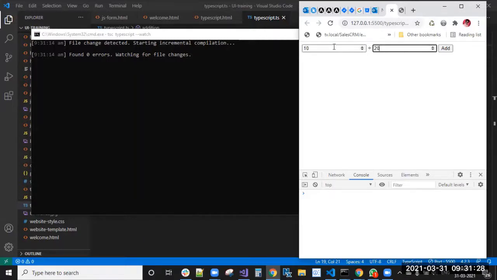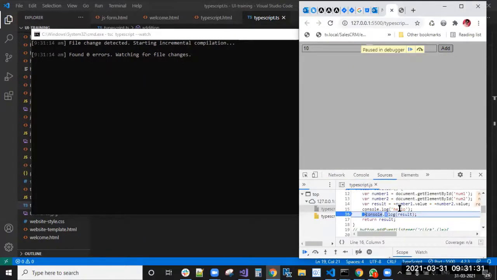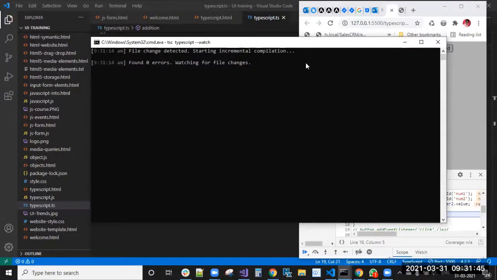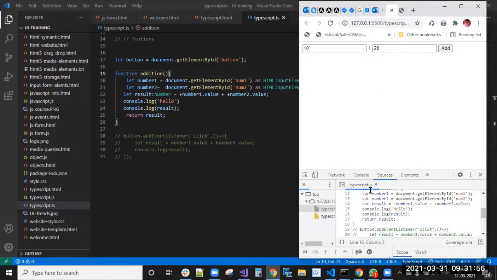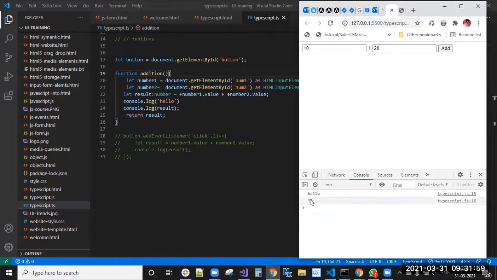When you are doing that add only, you can see now that without compiling also, hello came, right? Previously we had to compile, but now it is not required. If you write console.log hello, it comes automatically. If you are writing anything, with the watch option you can handle that automatically, instead of running tsc every time. If you go to the console, you get hello and the 30 output, the expected output. In JavaScript you simply got 10, 20, but now you got the exact output.